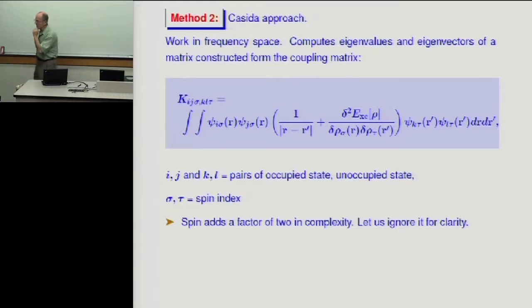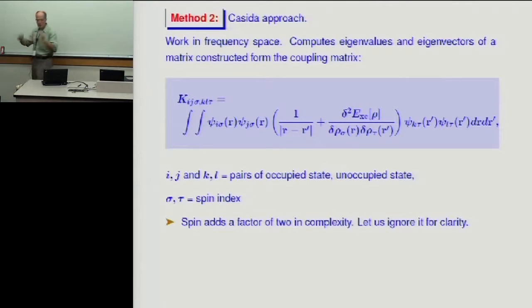And here's the calculation that you have. Here, just to give you an idea, the computational kernel looks like this. You have to compute a very large matrix, which is dense, where you have three indices for the rows and three indices for the columns. The sigma and tau indices are spin indices, so you could probably just ignore them because they double complexity. But then i, j correspond to one state which is occupied and one state that's empty. So you have a lot of these pairs, and the number of those ij pairs you consider gives you the size of the matrix.